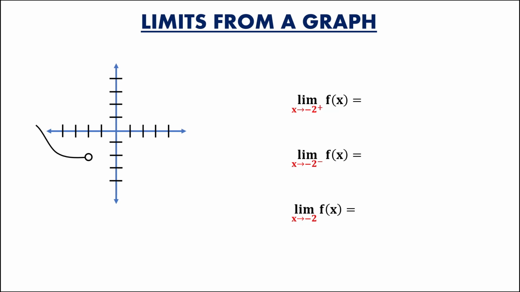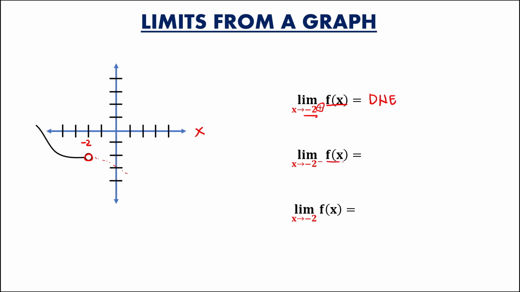Then for this given, the limit of a function f of x as x approaches negative 2. This is x = negative 2, and this is now the coordinate. Since this one is positive, it is the right side limit. Since at this coordinate there is no right side limit, this limit does not exist.